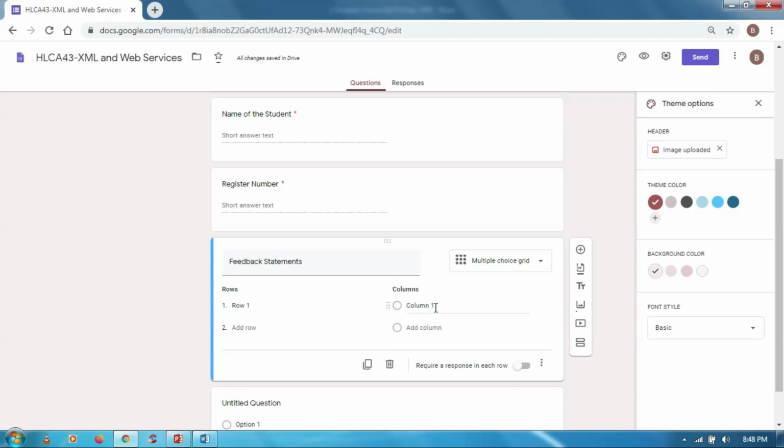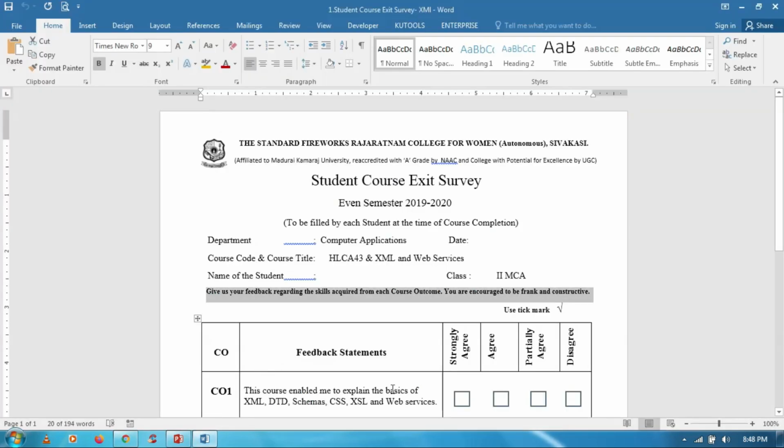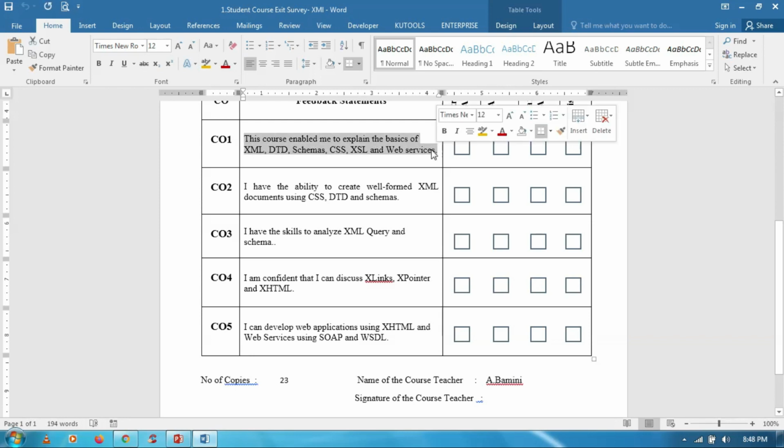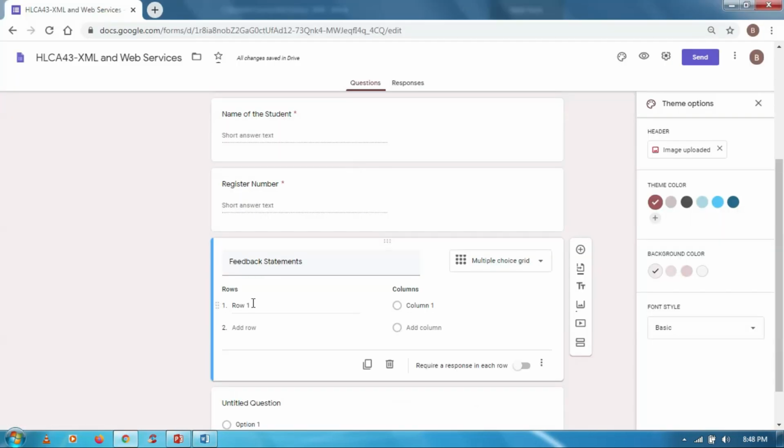Then in the columns, mention the options, strongly agree, and so on. Select the feedback statements one by one. The feedback statements should be framed on the basis of CO, K levels.